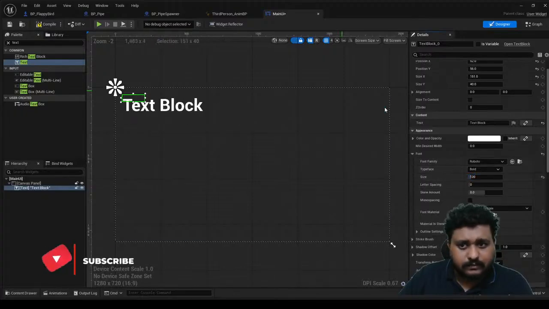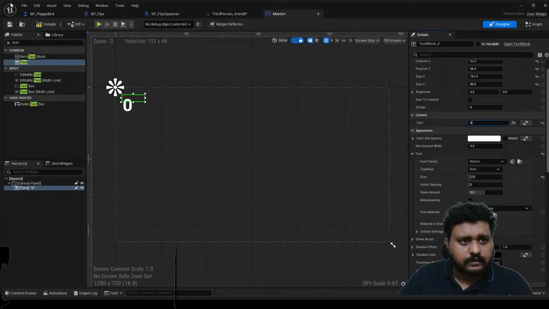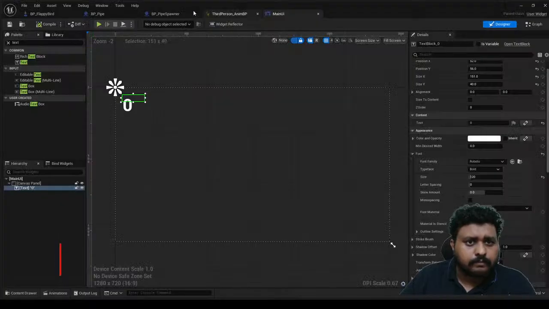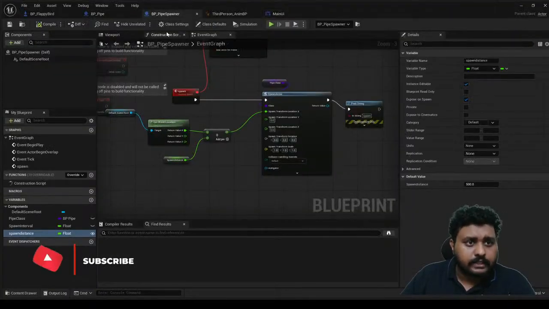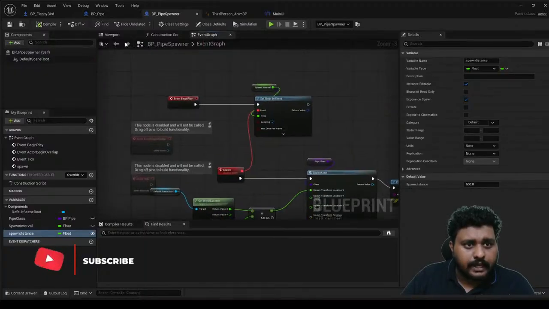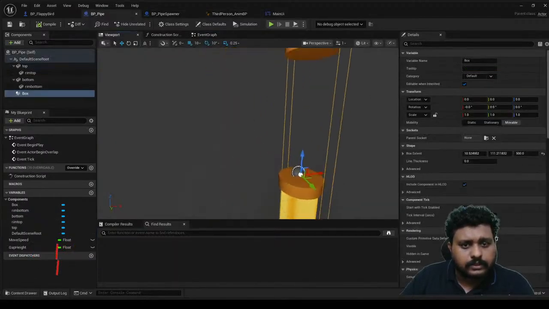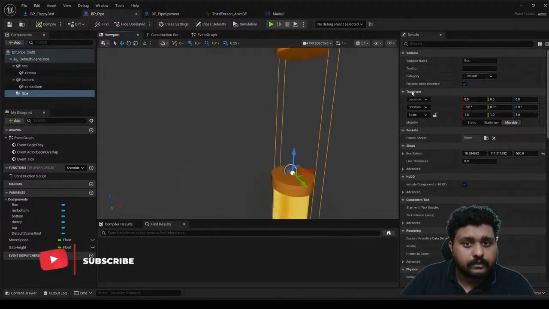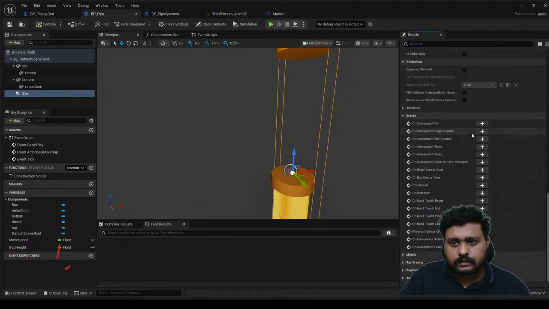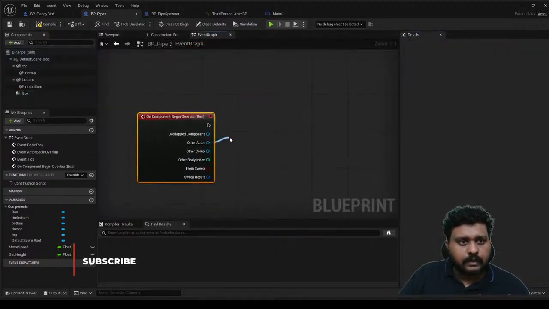Let it be this much. It has to be that much. Okay, and how are you gonna increase the coins? And for that we are actually gonna have a small stuff over here. Remember, we actually created a small box collision over here. So we are gonna call it, let's begin overlap and cast to